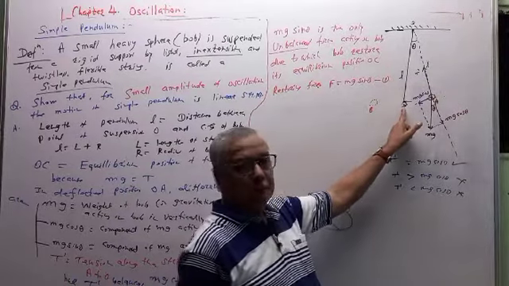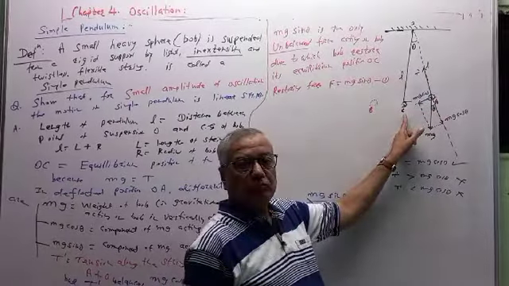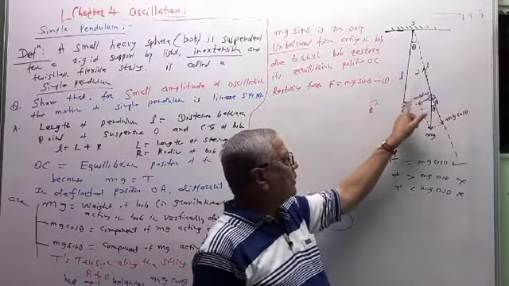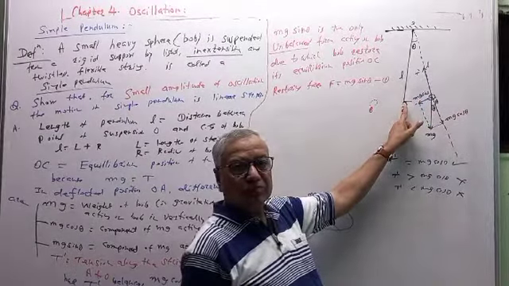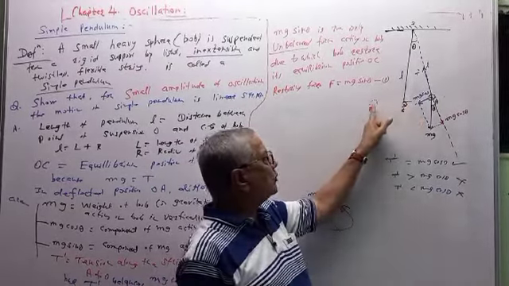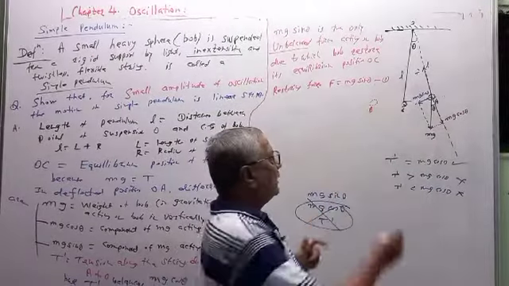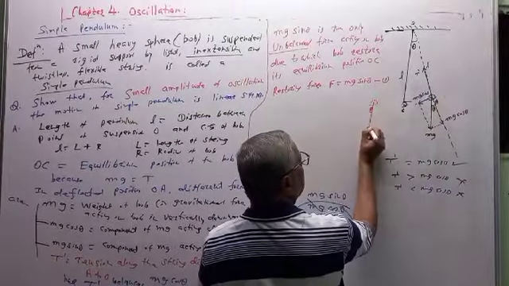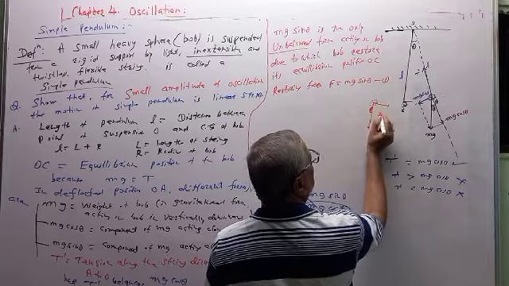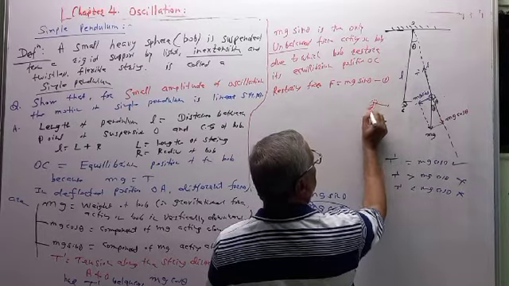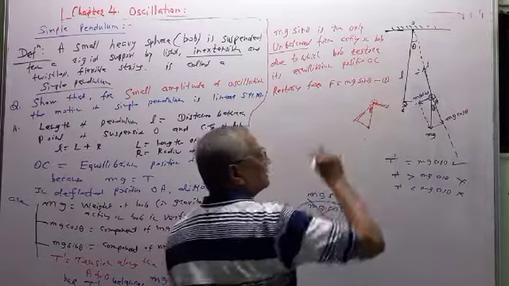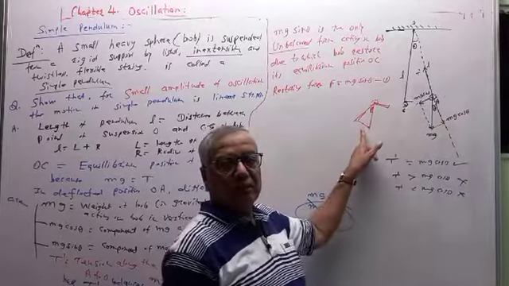So from A to C, the pendulum moves due to the restoring force mg sin theta. At C, all the forces will become 0. They cancel each other. Therefore, this is the equilibrium position. But due to the inertia, it goes from C to B. Again, at B, you can repeat this: mg, then mg sin theta, mg cos theta. This is mg cos theta, this is mg sin theta. This mg cos theta is again balanced by the tension. The same figure can be completed here.